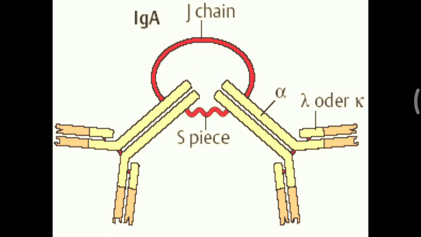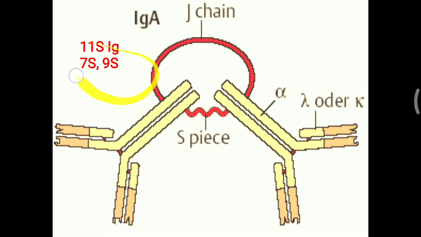The structure of immunoglobulin A is different from the routine structure of the immunoglobulin. The basic difference is that the heavy chain is made up of the alpha variety, and the light chain is similar to other antibodies, that is kappa or lambda variety. Apart from that, there is a J chain and S piece present in the structure of immunoglobulin A. We will look at the J chain and S piece.